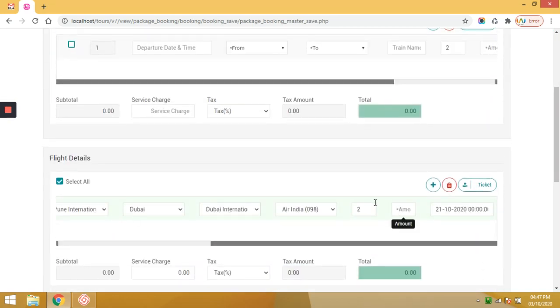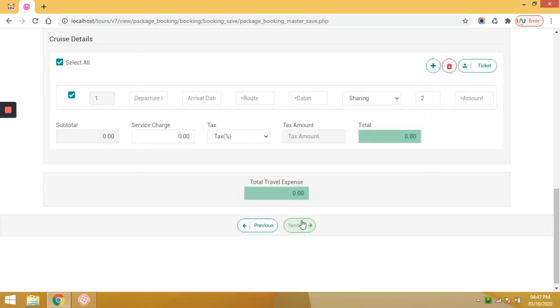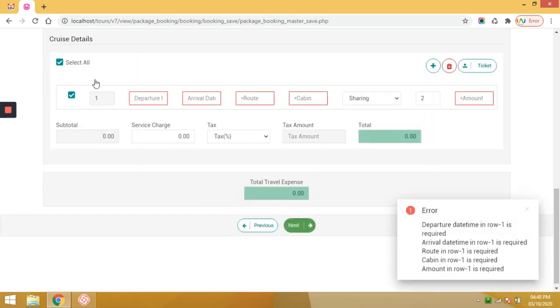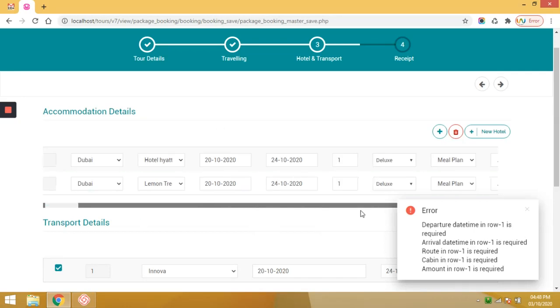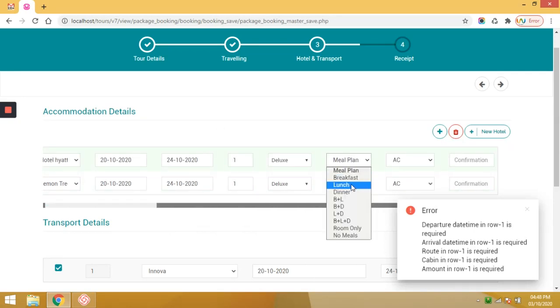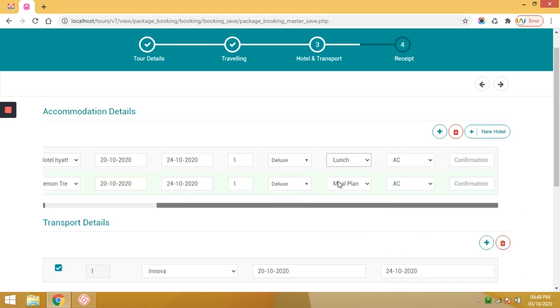We can select the meal plan in a particular hotel. Hotel confirmation number: every hotel provides a booking confirmation number. So this number we can enter in these sections, and it will reflect in the hotel service vouchers. So the customer can directly display this voucher number or the booking confirmation number, so the hotel will allow accordingly. Transport details, excursion details,